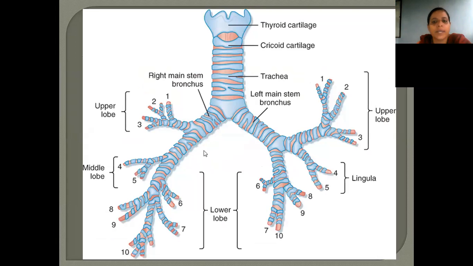Okay, so this is the tracheobronchial tree. So we have trachea, we have bronchus, right pulmonary bronchus, left pulmonary bronchus. From the primary bronchus, we have secondary bronchus. From secondary bronchus, we have tertiary bronchi. So tertiary bronchi only is aerating. See, this is the tertiary bronchus, which is going to the upper lobe, it is going to the middle lobe, it is going to the lower lobe. Total, if you see, we will have 10 segments on right lung. Total, if you check, in the upper and lower lobe in the left lung, we have total 10